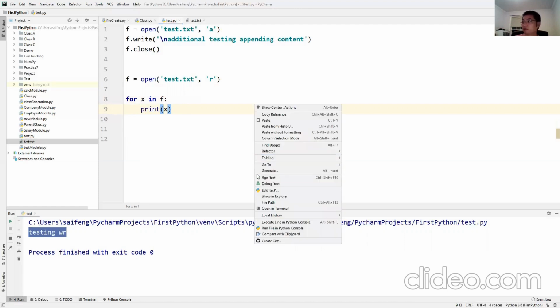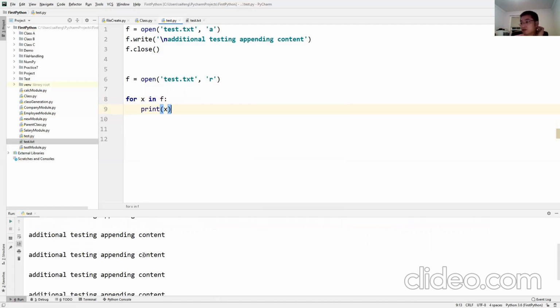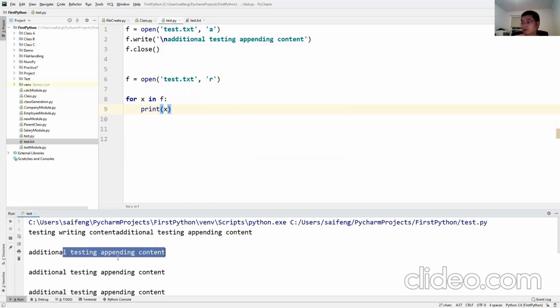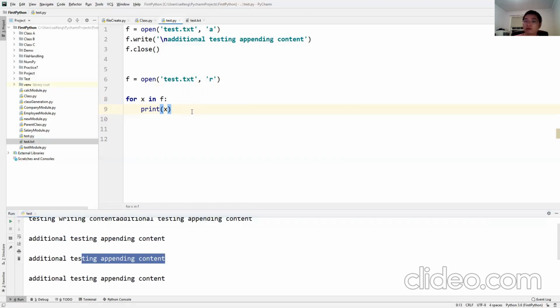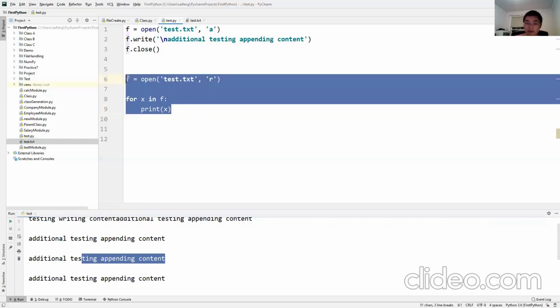Now if I run this, you can see the content is printed line by line. So that is about how to read the file.